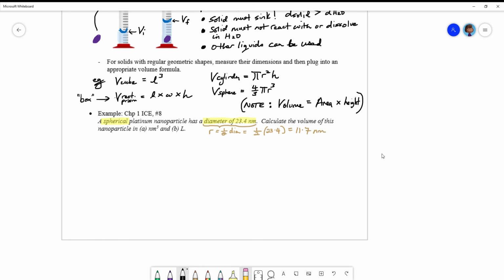Well, now that we have the radius of our sphere, we can do part A, which is to get the volume in cubic nanometers. And to do that, we're simply going to plug and chug with the volume formula. And that is that the volume of our spherical particle is equal to 4/3 pi r cubed. Now, r we just figured out is 11.7 nanometers. And we've got to cube this. And so all you've got to do at this point is pull out your calculators and plug and chug it